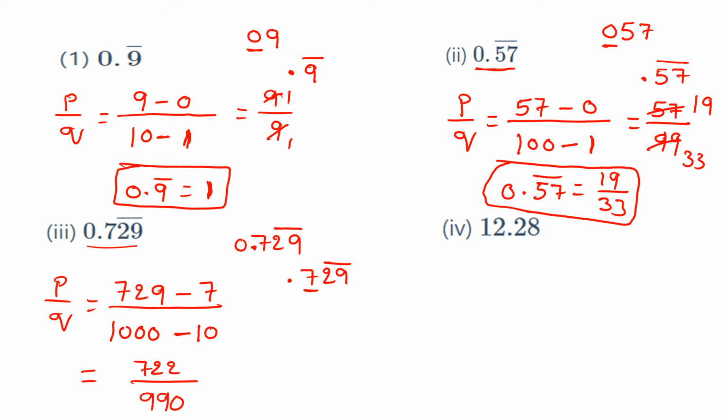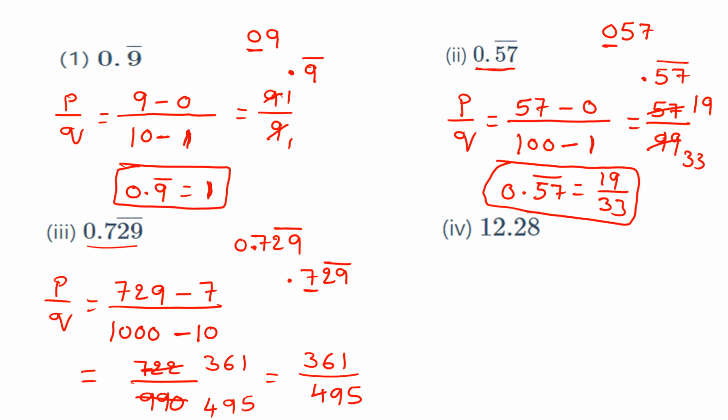Now cancel that by 2 here, that is 2 3s are 6, 2 6s are 12, 2 1s are 2, and 2 4s are 8, 2 9s are 18, and 2 5s are 10. So look at that, in the form of P by Q, that is 361 by 495. Like that we should write very easily.